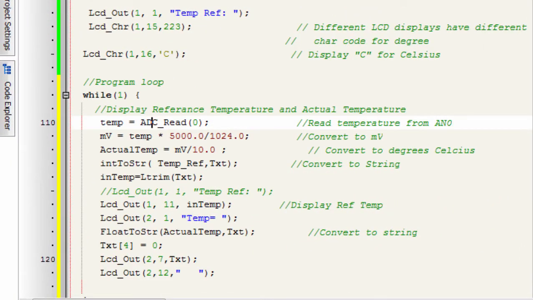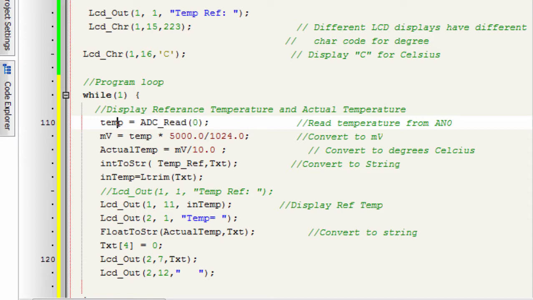The first thing we're going to do is to read the temperature. This is the function you use to read the temperature, as you have learned from the analog to digital converter tutorial. ADC read, and we're going to read channel 0. That's why we said 0. If we connected our sensor to channel 1, then we would write ADC read 1. Because we connected to channel 0, we say ADC read 0. And the value that we read, we're going to store in the temp variable.